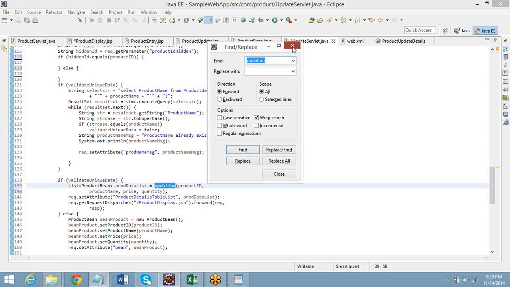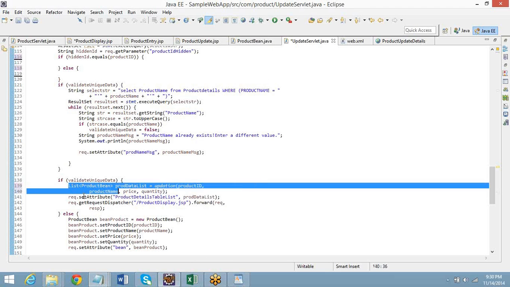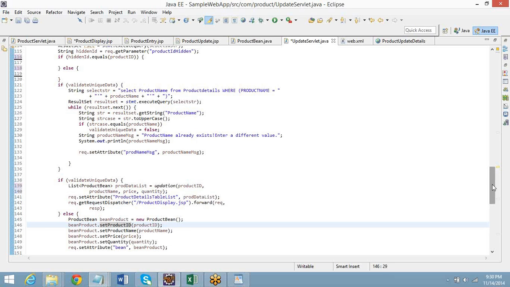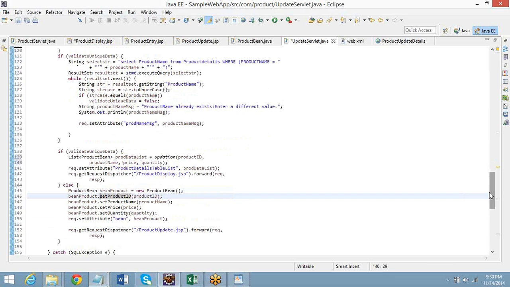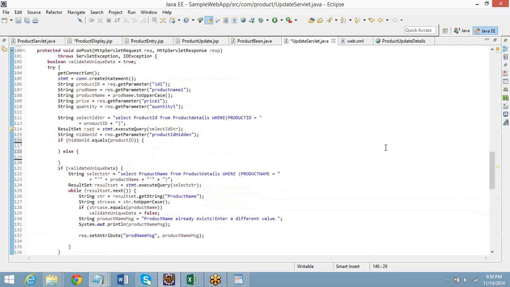This is all not required. What you need to do is copy lines 139 to 143. One second. Why have you written the else block actually? Validate unique data, and what is this else block? It is there in case any of these two conditions work.